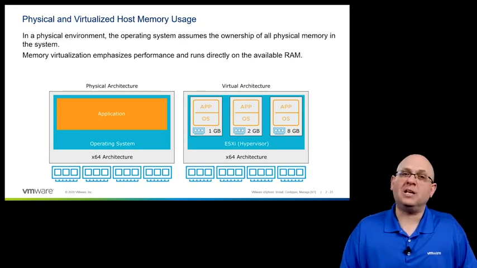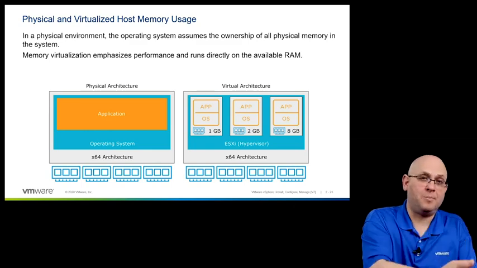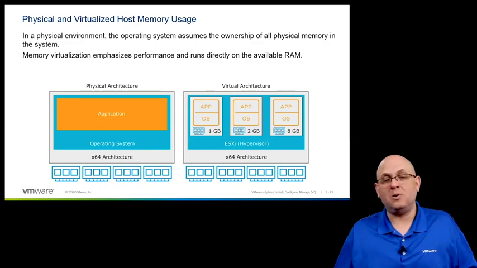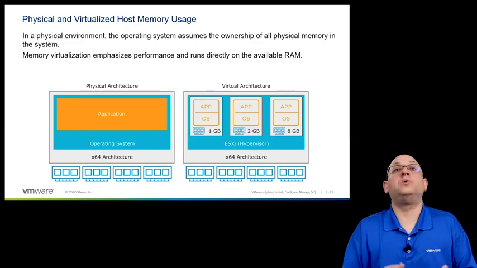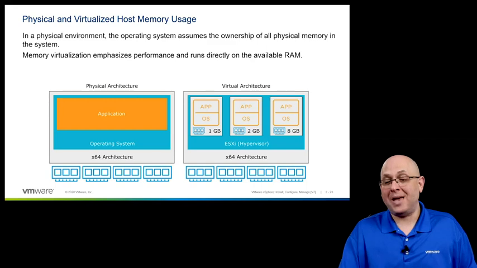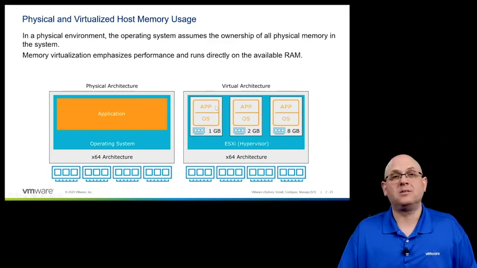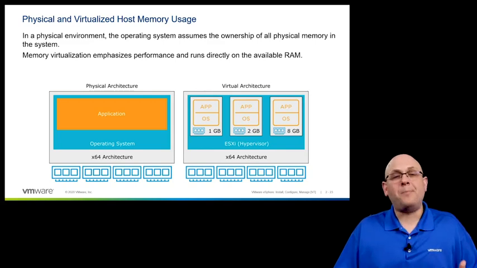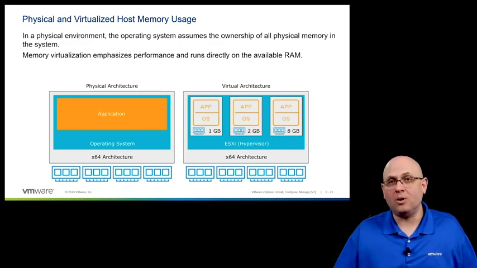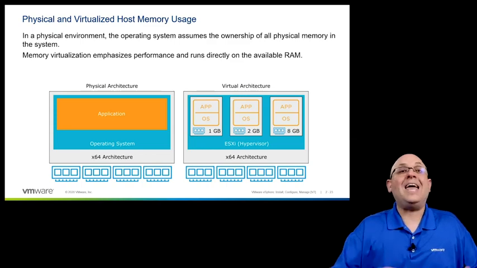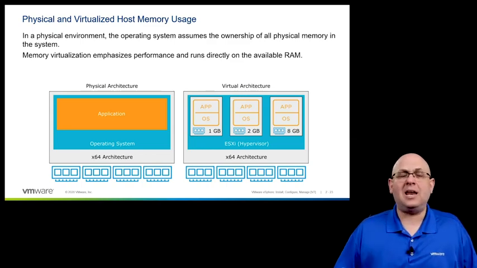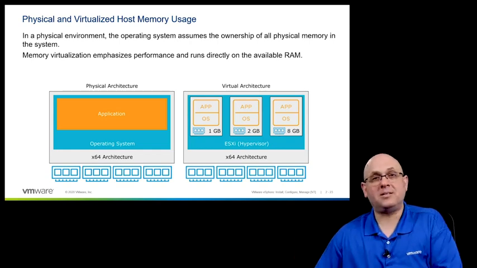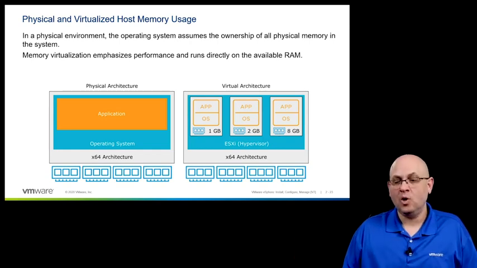So when I build a virtual machine, I establish a certain number of virtual CPUs, and I establish a certain amount of virtual memory. 1 gig, 2 gigs, 512 megs, 2 terabytes, whatever it might be based on the application requirements. You as a vSphere administrator must know something then about those application requirements. It's really important. I don't want to blanketly say every single virtual machine is going to get 8 gigs of RAM. Some will need far less, some will need far more based on those applications. Now,